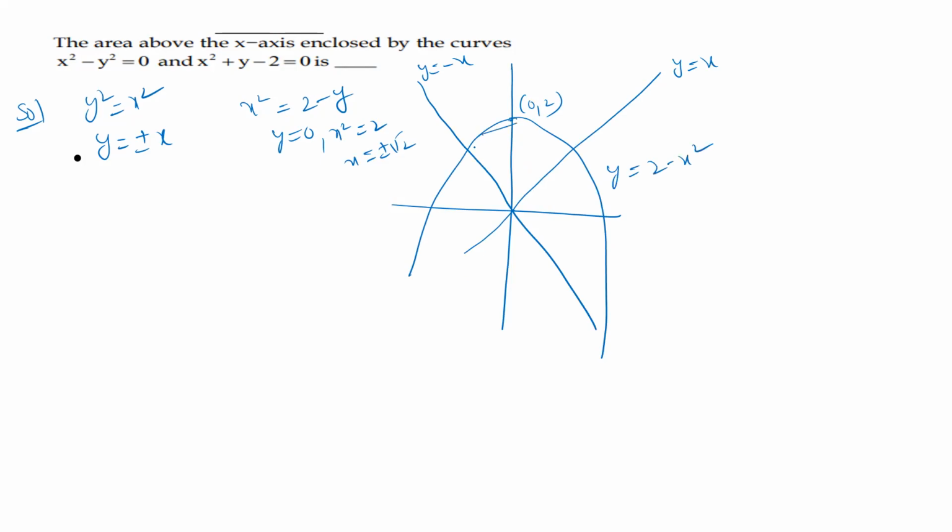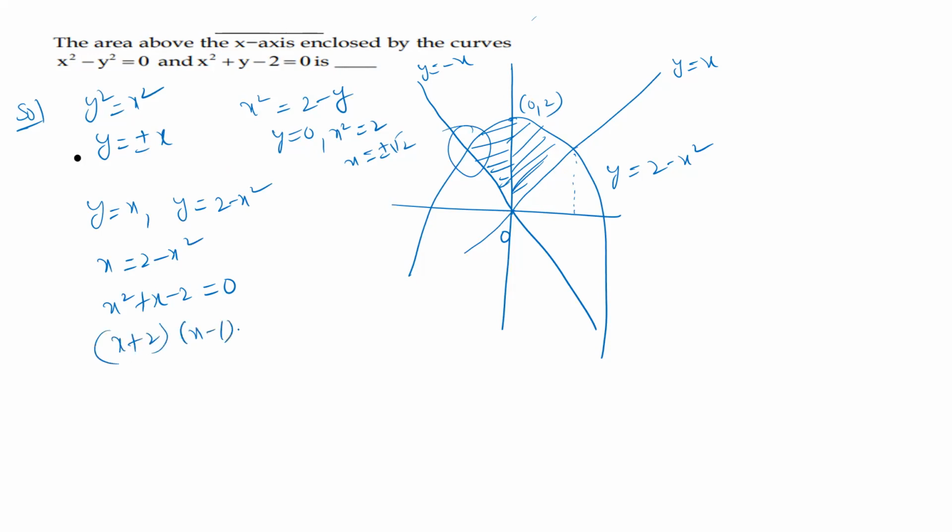Now this is the whole area we need to find out. This part and this part are both symmetric now. It is from where to where? 0 to here, with respect to the intersection point. I'm solving y is equal to x and y is equal to the curve, which is 2 minus x square. Now x is equal to 2 minus x square, so x square plus x minus 2 equal to 0. Both are symmetric, so we need to find this intersection point only. This point is not required. Now by factoring, I will write this as x plus 2 into x minus 1 equal to 0. X value is either minus 2 or plus 1.